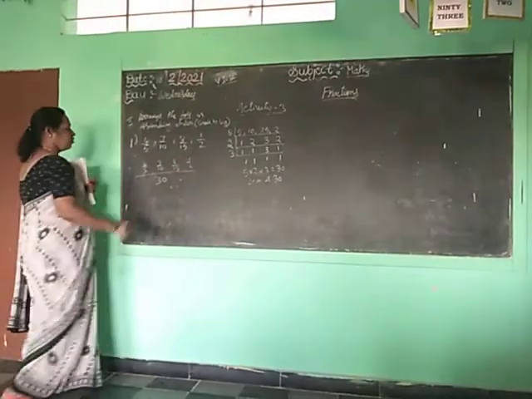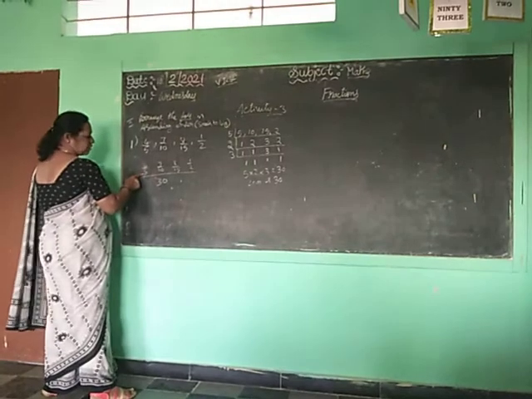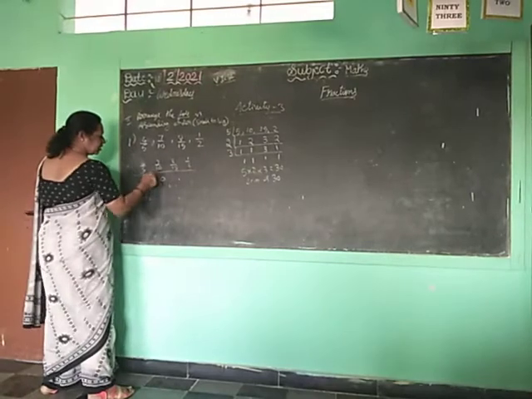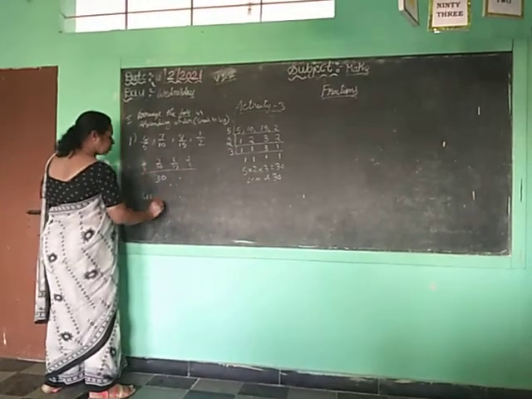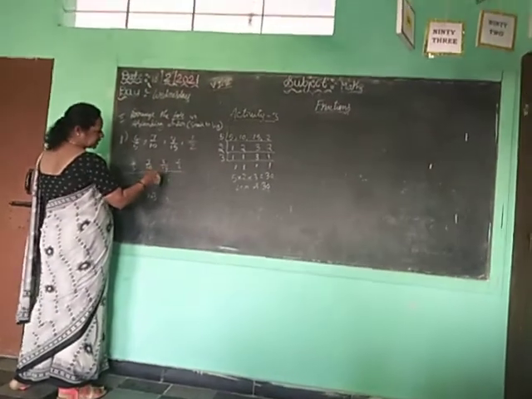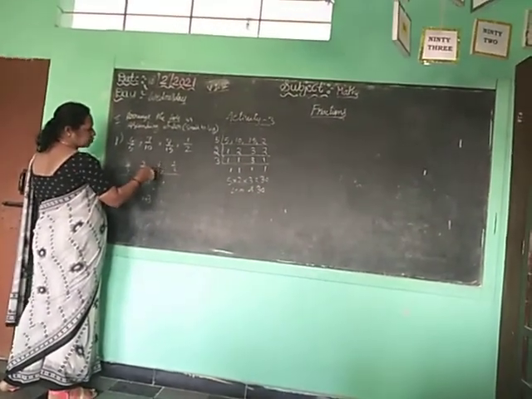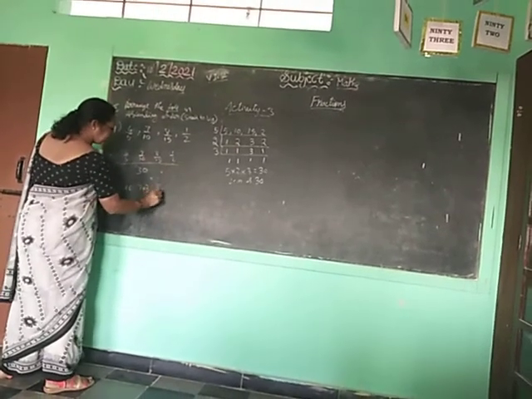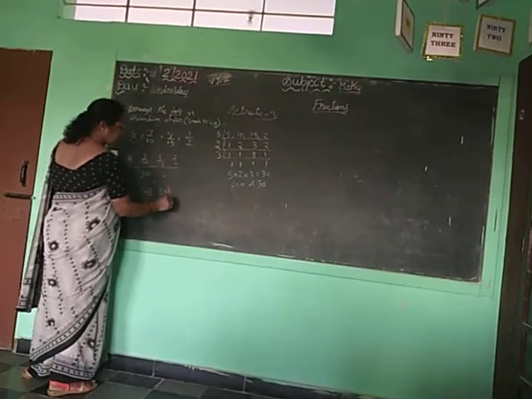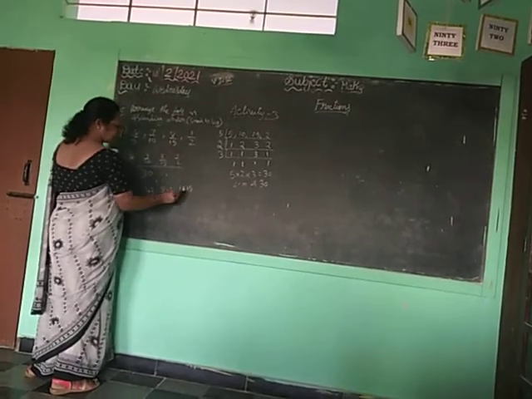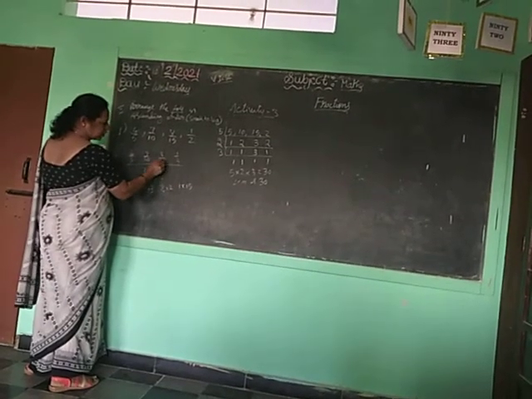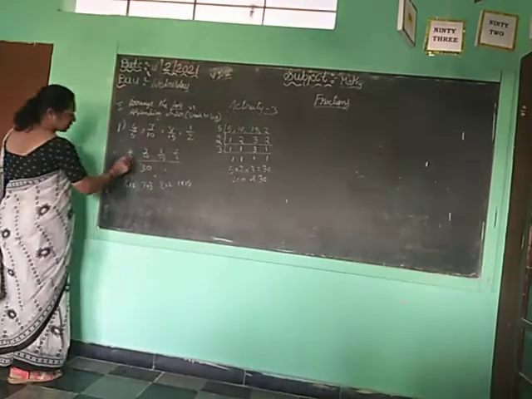Okay. See, 4 has to be multiplied by which number? You know that 5 ones are 5, 5 sixes are 30. So 4 has to be multiplied by 6. Then 10 threes are 30, so 7 has to be multiplied by 3. 15 ones are 15, 15 twos are 30, the LCM. So 8 has to be multiplied by 2. Next, this one: 2 15s are 30. So 1 into 15. 15 twos are 30, 3 tens are 30, 6 fives are 30.